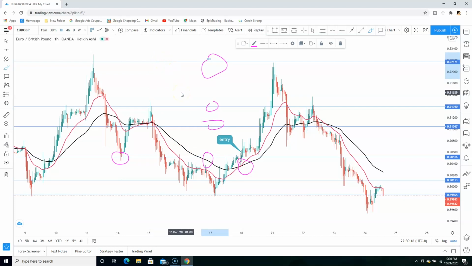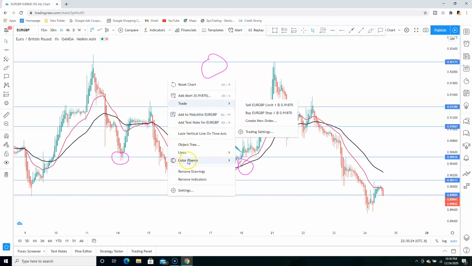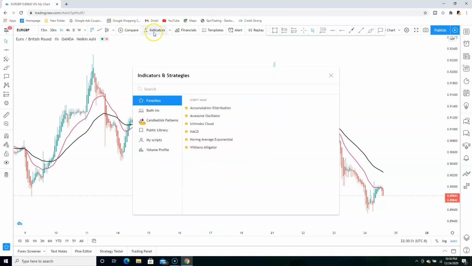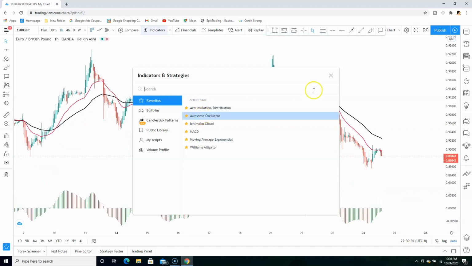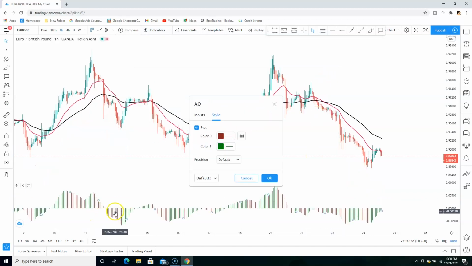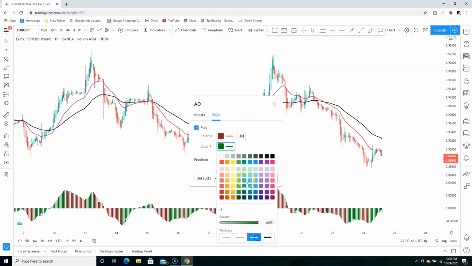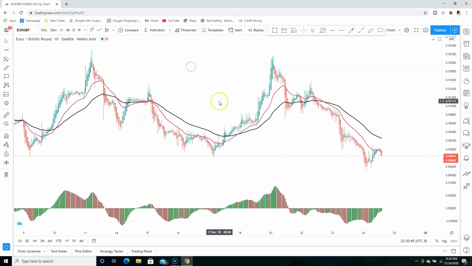Now, there's one more indicator that I use with this strategy. Let me delete all these drawings. Now, there is one more indicator that I also use for this, and it's called the Awesome Oscillator. I gotta make this thick. Just make it thick a little bit. Now, this awesome oscillator, when you combine it with this strategy, is